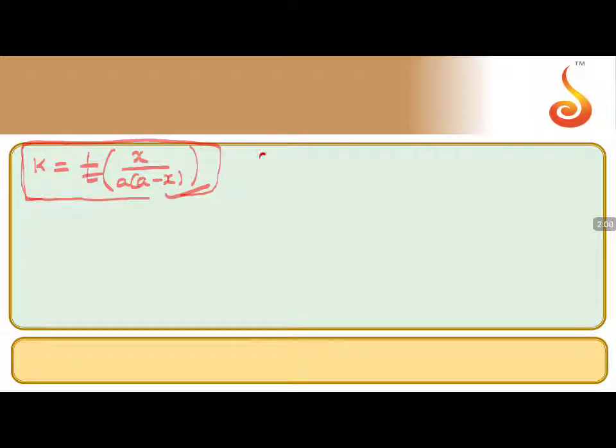Since the concentration of acetic ester, CH3COOC2H5, is equivalent to the concentration of NaOH, from the beginning throughout the reaction this is going to be equal. So we are taking them as a and a. This is taken as a, and that is taken initially as a. So this is also a, this is also a, and if this becomes a minus x, this becomes a minus x. So there is no difference.